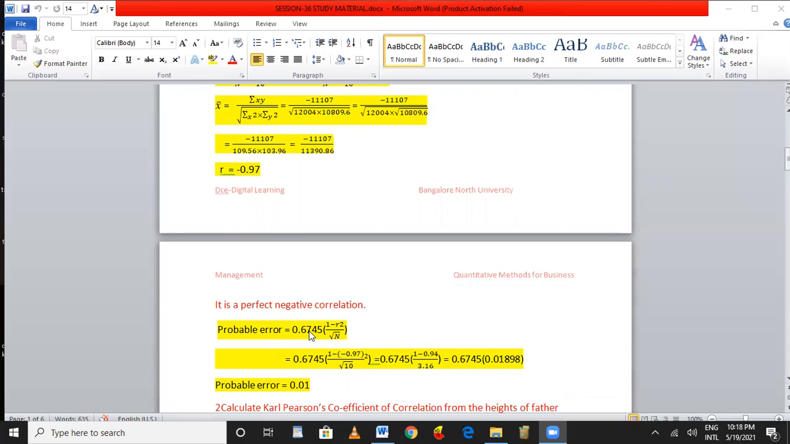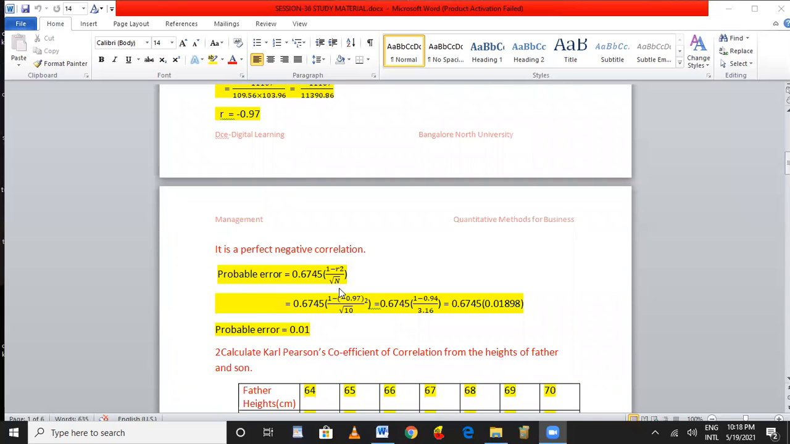0.6745 is the standard error. 1 minus r, we got it as minus 0.97, 0.97 square. Then root n, how many are there? 10 pairs are there in the series. n is equal to the number of items, here root 10. It is equal to